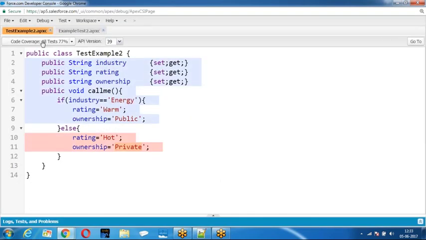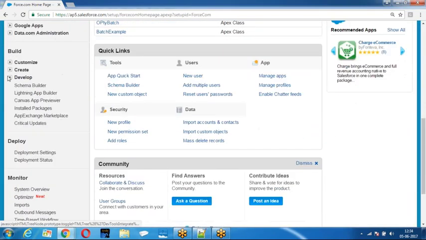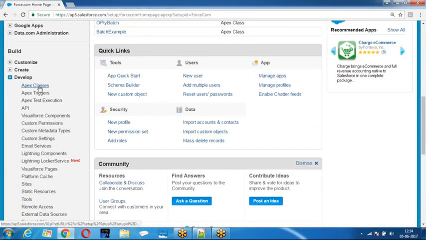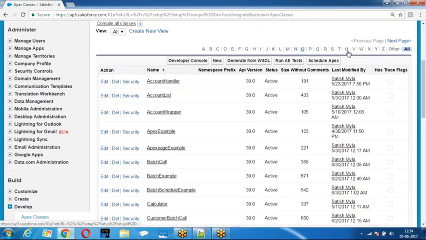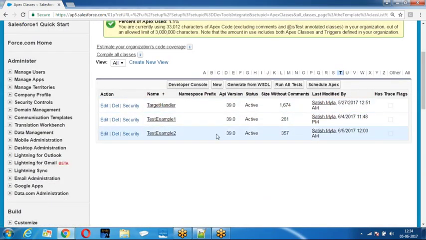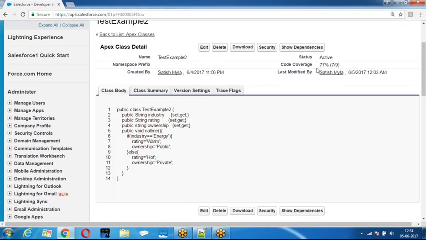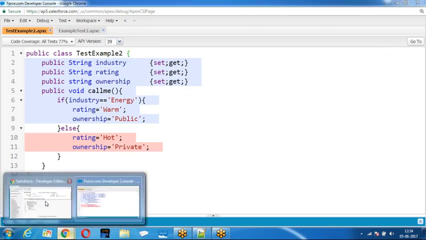Check the code coverage. Still the same bug. Fine. Let me check out what is the issue. Then go to the class. How do you check it now? Go to the developer console, Apex classes, test example. Seven points are covered, two points are not covered. Maybe I have given some spaces here, or in private. Okay. Let me run again.